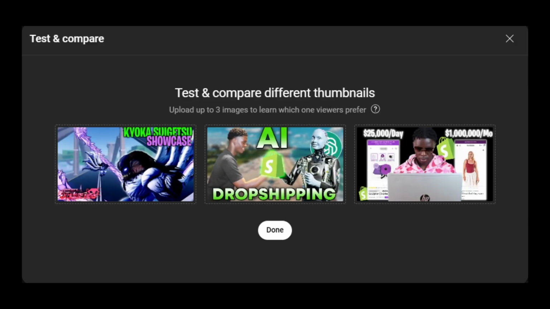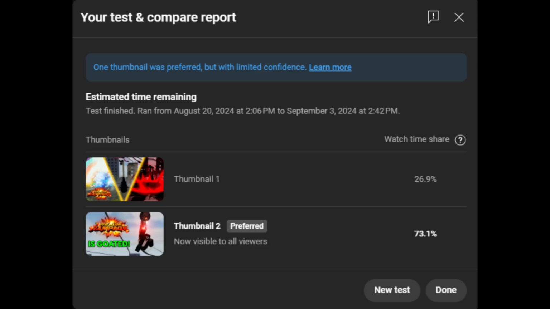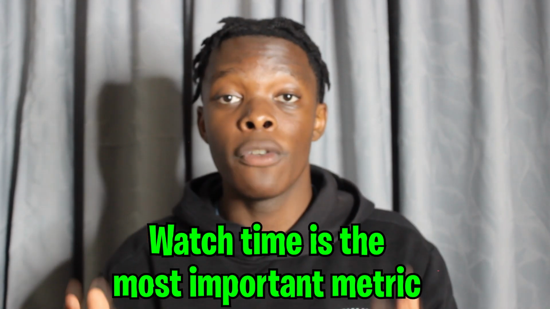A very useful feature which YouTube rolled out to all creators this year is A/B thumbnail testing, which allows you to give a YouTube video up to 3 unique thumbnails. These different thumbnails are alternately shown to viewers in equal measure over a set time period. They are ranked in order of which thumbnail attracted the highest watch time, which is actually the most important YouTube metric. See, when people watch your video for longer, they watch more ads, which means that YouTube generates more money from ads. So if your videos are keeping viewers hooked, then YouTube is going to push your content and put it in front of more eyes, simply because it's in their best interests.